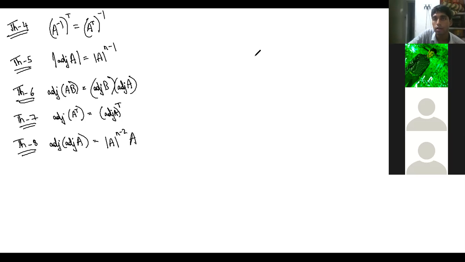Right. So these are theorems. Now, actually, it's very interesting. If you go into the proof of each and every one of them, quite interesting. Proofs are quite interesting. So how should we do it? Should I do the proofs myself, or do you guys want to try it? Not all, but at least one of them you can try. You want to try fourth one, or I should do it? What do you guys think?